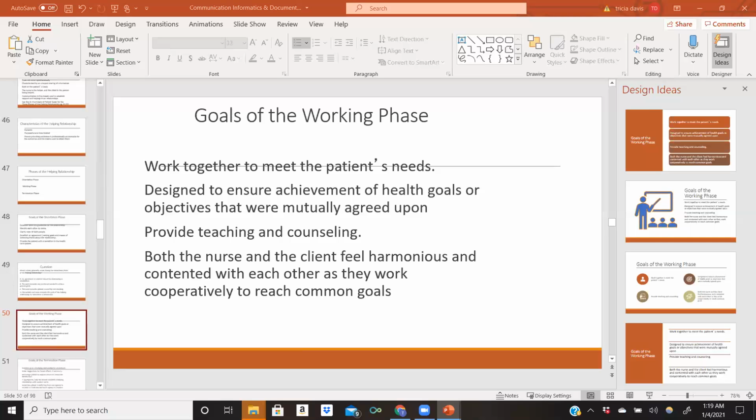Both the nurse and the client feel harmonious and connected with each other as they work cooperatively to reach common goals. It is an extremely good feeling at the end of your shift to say that you accomplished something. That doesn't happen often. Not because you're not capable of it, just because patients are acutely ill and it's really hard to fix someone in 12 hours. So the care you provide contributes to that. You don't always see it pay off. For me, the thing that I see the most is,